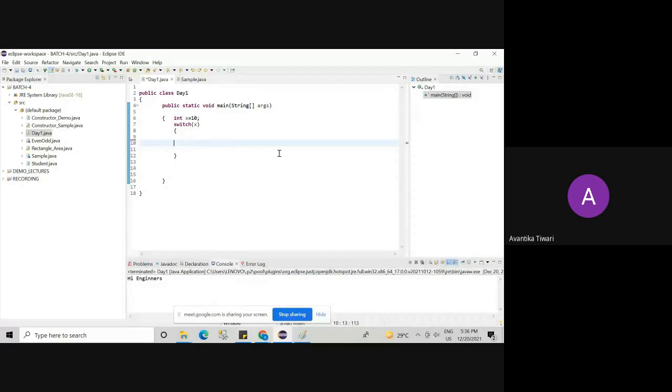So let's start. First program: I have one class Day1. I will be modifying the same program to tell you what types of different cases we are going to discuss today. This Day1 class is a public class and this is the main method.